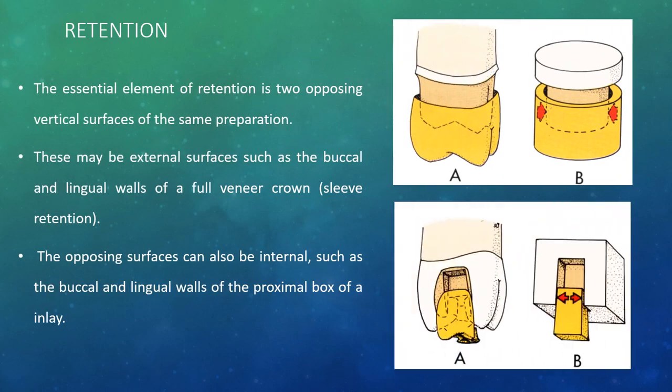Okay. So for retention, the essential element of retention is two opposing vertical surfaces of the same preparation. These may be external surfaces such as buccal or lingual walls, like in the case of a full veneer crown. The opposing surface can also be internal, such as a buccal or a lingual wall of a proximal box of